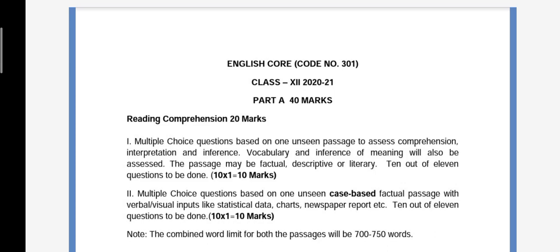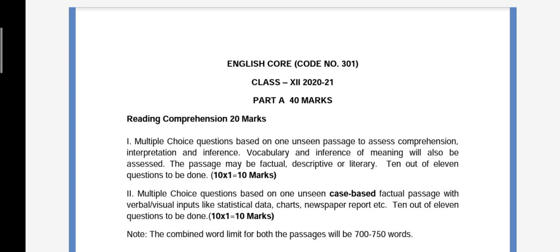The pattern of the question paper has undergone a huge change. In Part A, we have reading comprehension as usual, carrying 20 marks. The type of questions also differ here. The first question